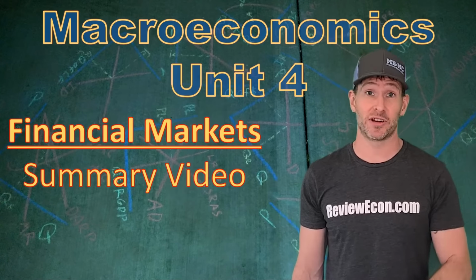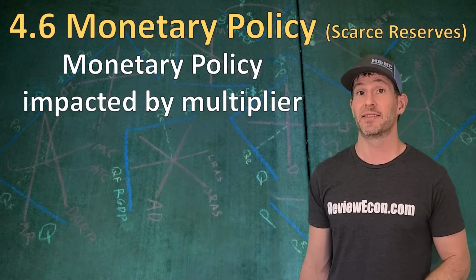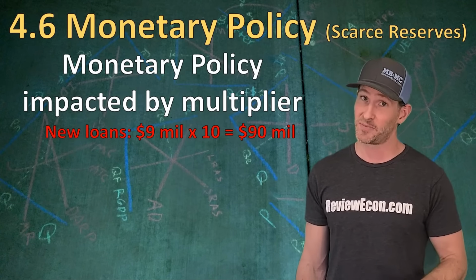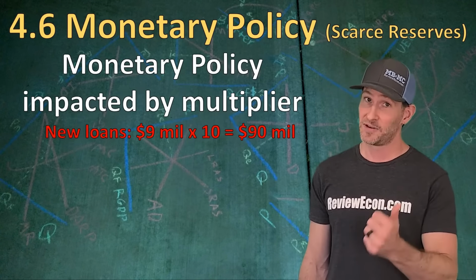You take that $9 million of excess reserves, times it by the 10 multiplier, and that gives us $90 million of new loans that will be created. We don't add in the original amount because it was not a loan. New deposits, on the other hand, are going to be $100 million, and that's because that original amount, the $10 million purchased, will be immediately deposited by the bond dealer into their checking account.